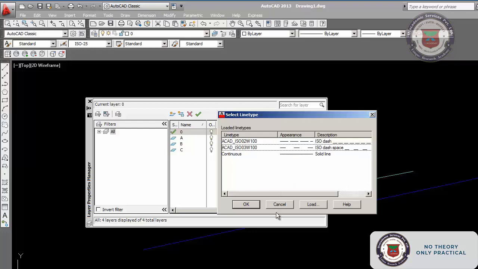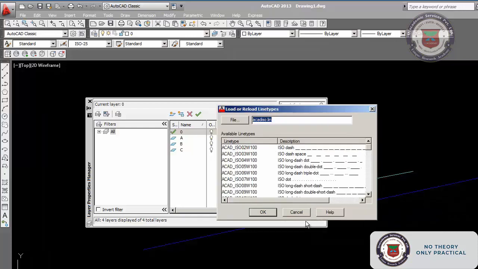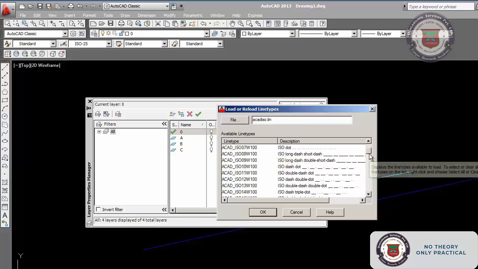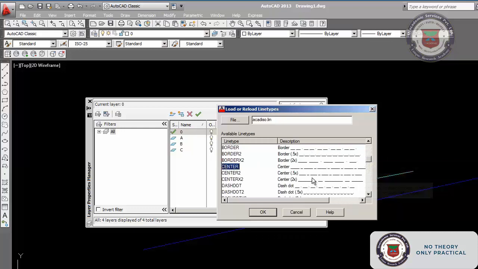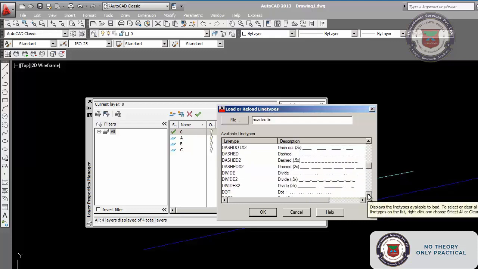So if you want more line types, you can load them. These are all in the directory. You can load whatever line types you want. You can type here. Standard layers are there. Some standard layers frequently used are center, and then hidden layers.